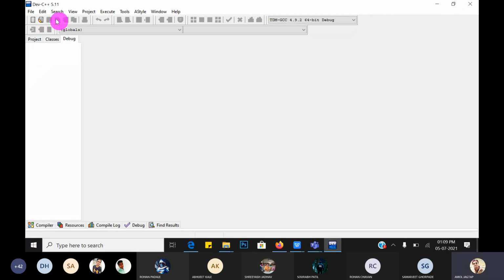This is one of the IDEs where we have to write our C code or C++ code. For that purpose, this is one of the most popular IDEs, Dev C++. We can write code for C language as well as C++. So what does IDE stand for? Integrated Development Environment. Yes, correct.